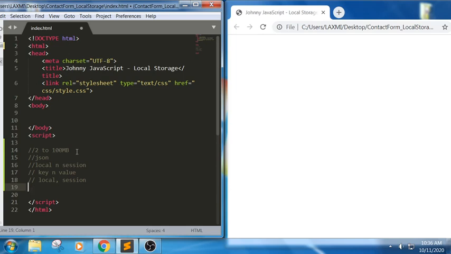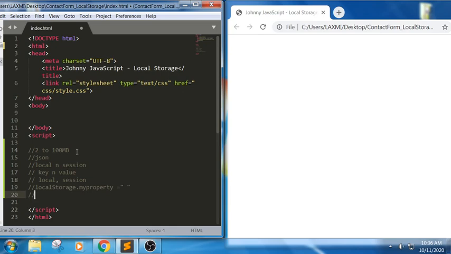Now let us look at the methods which are used in local storage. In this session, we will discuss how we can store the data in the browser. First, how to set the data. The syntax would be like this: localStorage.myProperty, whatever property you are trying to give, with a value.